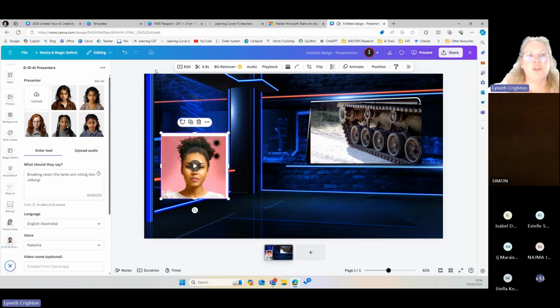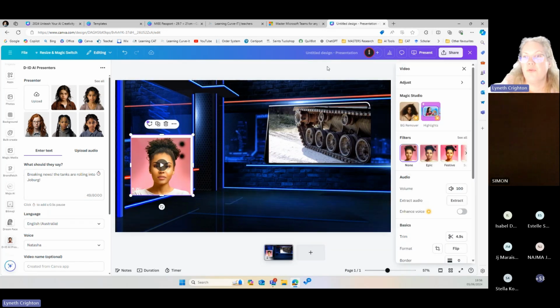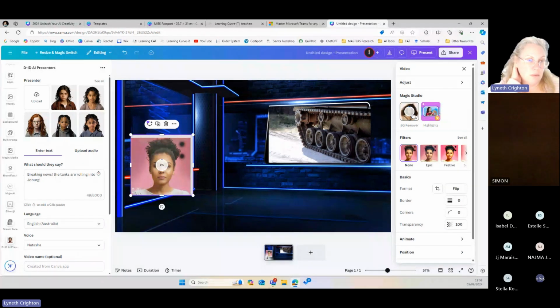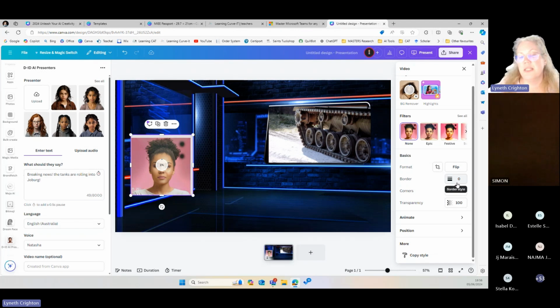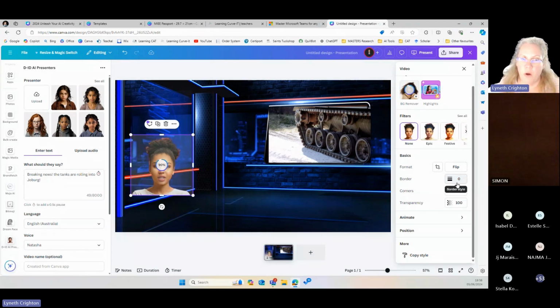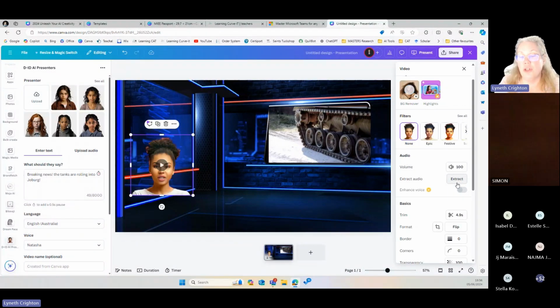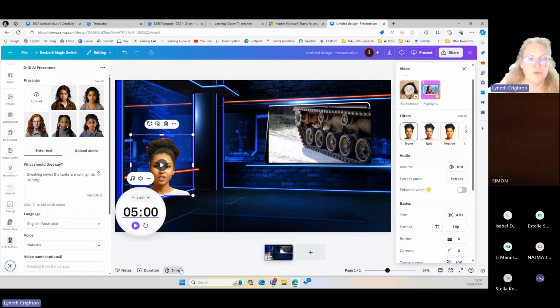For those people who don't know, you can remove the background from a video. It just takes a while. And you can edit it and you can border it. Some of these are brand new. Most of the things I've shown you, in fact, everything I've shown you except the last, we did in the old Canva. We did it in June last year. Our kids did it.